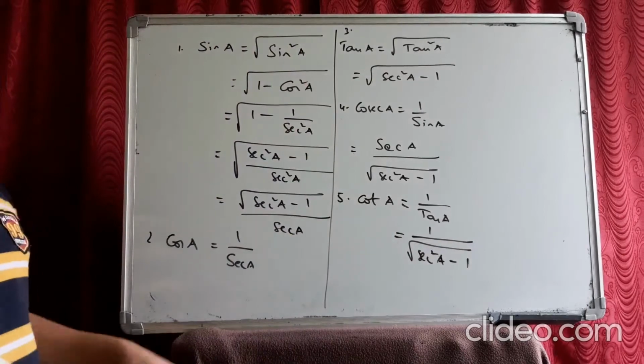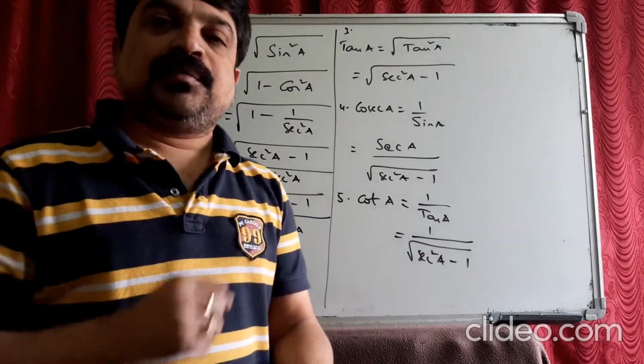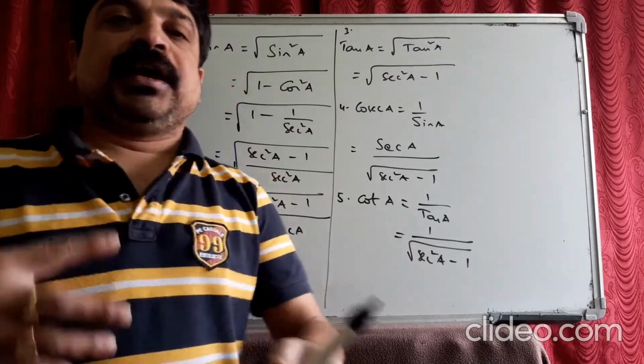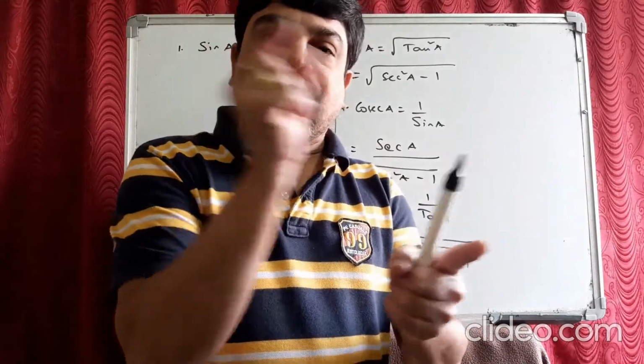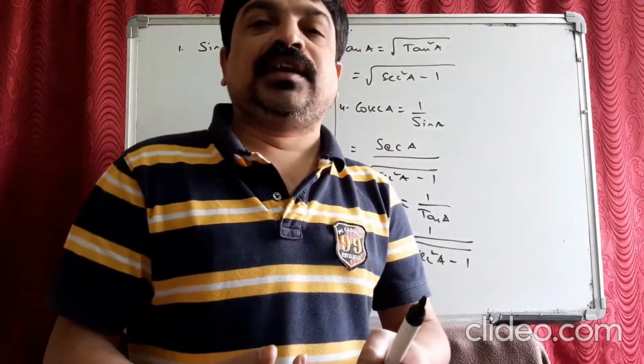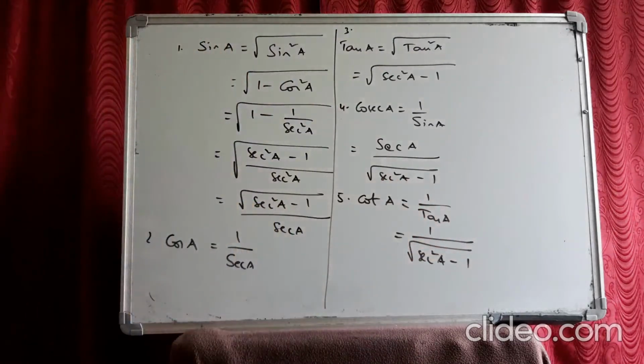These you can do easily only when you have command on the trigonometric identities. Before you start this exercise, just learn the identities by heart and interchange the positions of the trigonometric ratios also. You'll get new identities. Like that only you will be able to do this exercise. Okay?